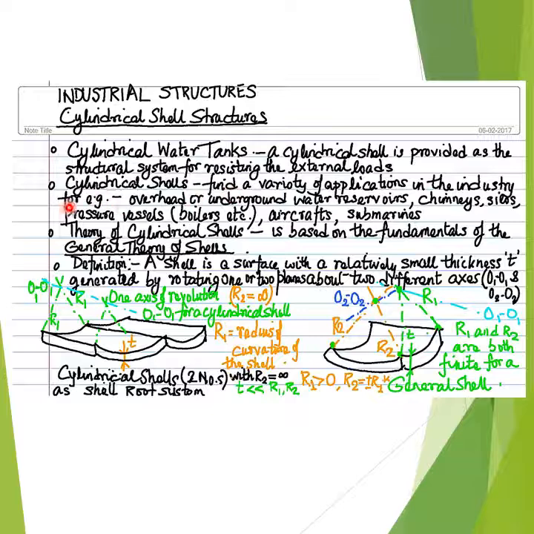For example, cylindrical shells are implemented in the fabrication of pressure vessels, for example, boilers, which is an example of the mechanical engineering industry, aircrafts,